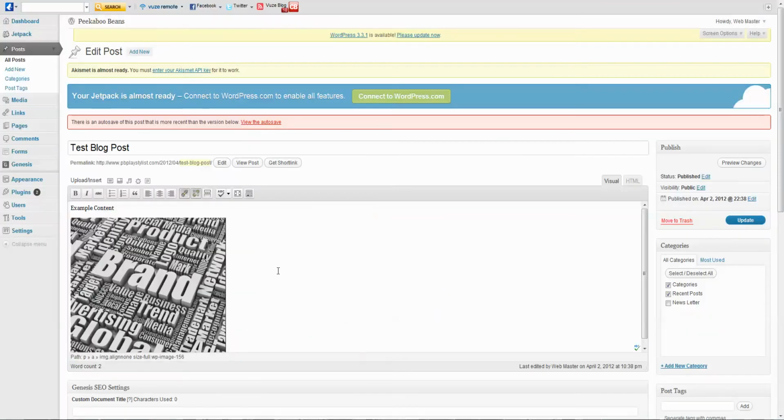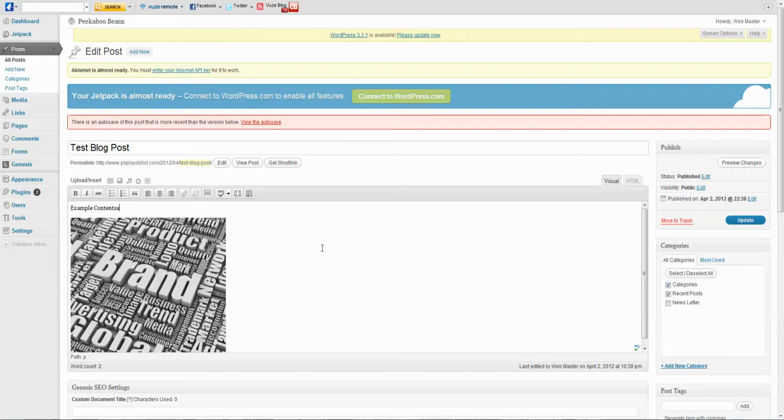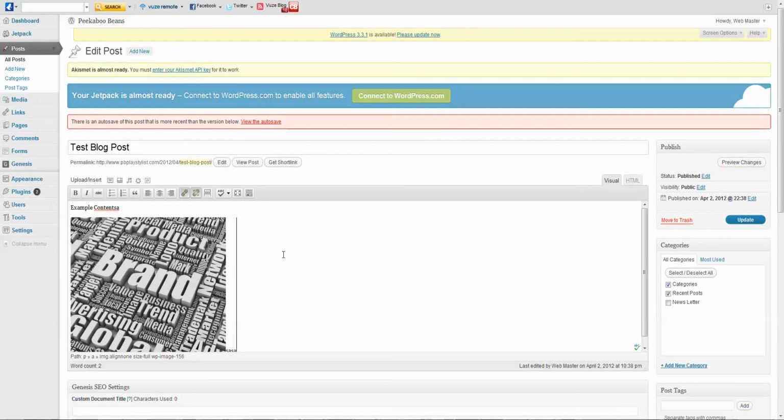So when it comes to blog posting, you can be very creative how you want those images to appear in the blog. If you want text on top, or beside, you'll have to get creative and just play with it to get familiar with it. Now the next thing you need to know when creating a blog post is you have to